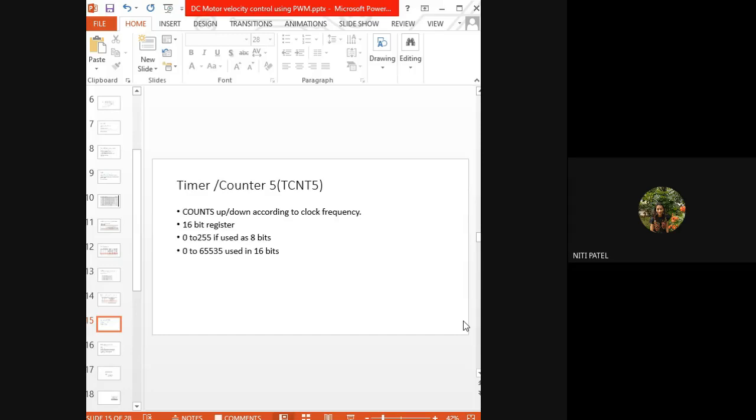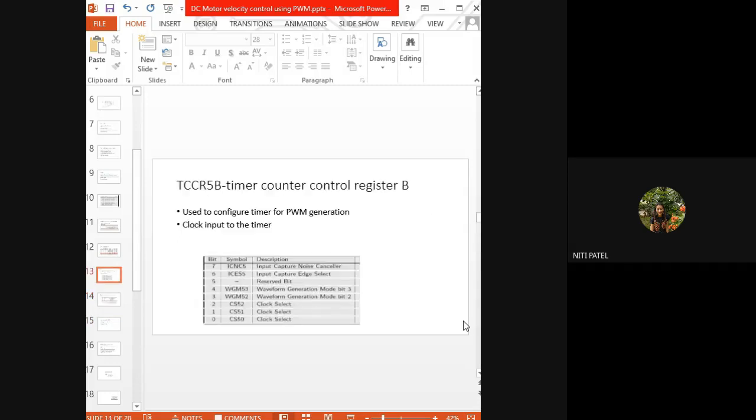जब भी clock का input आएगा, तभी system काम करना चालू करेगा. So similarly, your register B also is going to work based on this clock input. तो जब भी clock से input मिलेगा या clock से कुछ interrupt होगा, तभी timer start होगा, तभी आपका generation pulse width का होगा. Without that, if the timer is not being activated through the clock, none of the waveforms will be generated and there won't be any change in the speed of the robot.